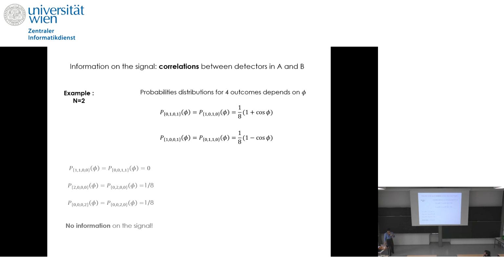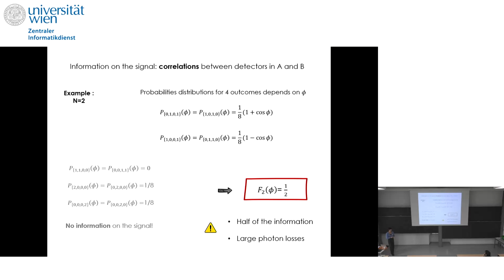And all the other probability distributions will bring you no information on the signal itself. So this results in a Fisher information which is just 1/2. And it means we have half of the information. And also, we're not even taking into account photon losses, because when you have to transmit these photons and you have to use fibers, you will have to take into account